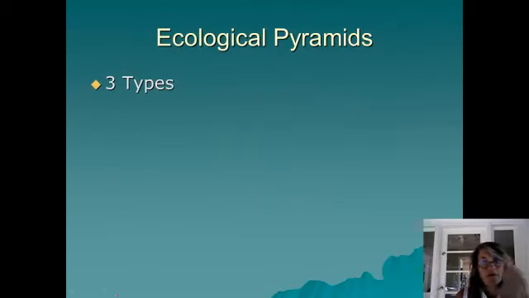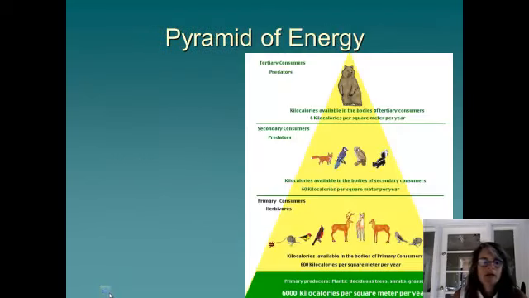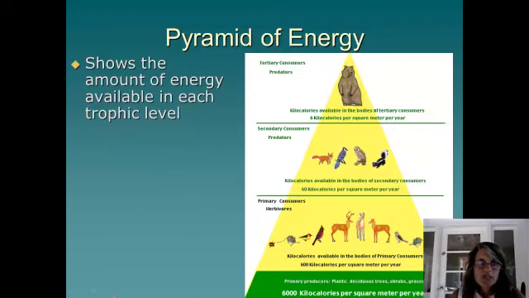Now, there are three types of ecological pyramids. There is a pyramid of energy, a pyramid of biomass, and a pyramid of numbers. And we're going to quickly address what each of those demonstrates, okay? All basically showing the same thing, just in slightly different ways. A pyramid of energy literally shows the amount of energy available in each trophic level. A calorie, as you will learn when you get to chemistry, is a measure of energy. And as you can see, this pyramid is saying that there's 6,000 kilocalories per square meter per year among the plants, okay, in this particular ecosystem, okay?